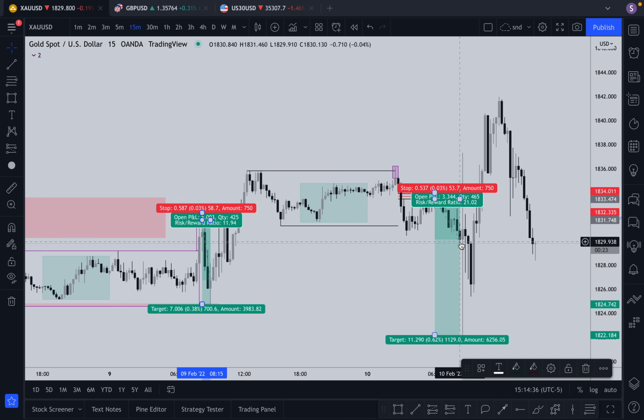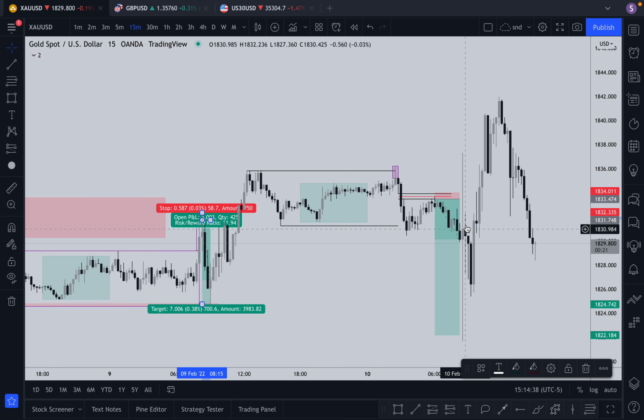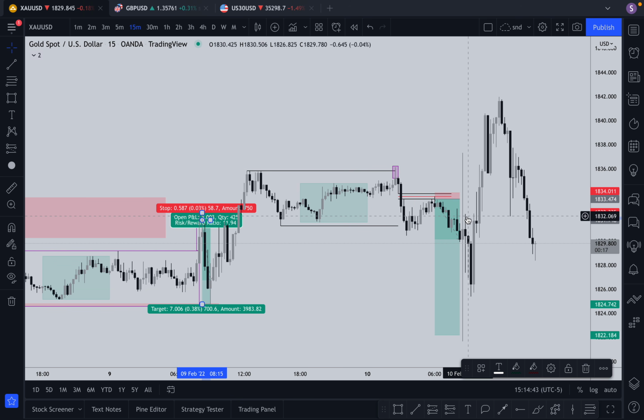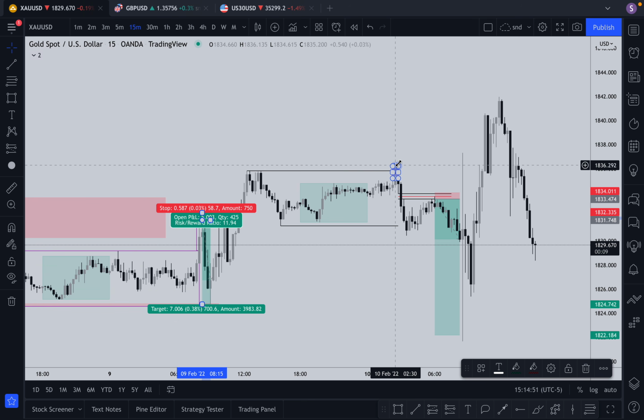There was a news, and I was lucky. I didn't even know that news was there. So it came, hit my TP, then check what happened. Went all the way to the upside. Run even this high. You see the high that most of the people,